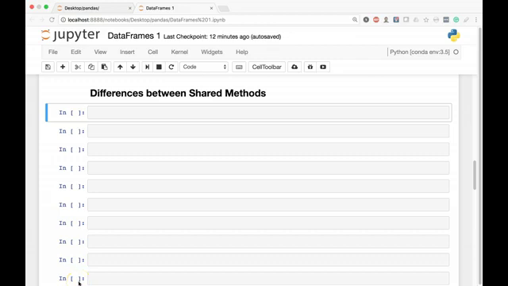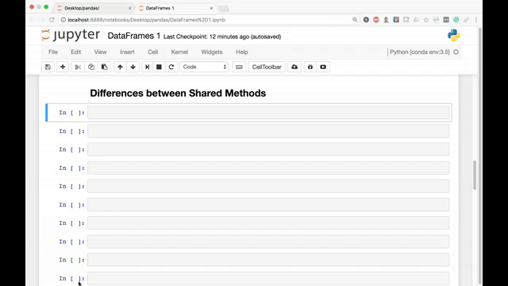All right, in this lesson, I'll show how an identical method between a series and a data frame will operate differently on one and the other. Again, the key takeaway here is not so much to commit every single method that you run into memory. That's impossible. You'll memorize them through practice and through experience, but really to gain a better understanding of how to